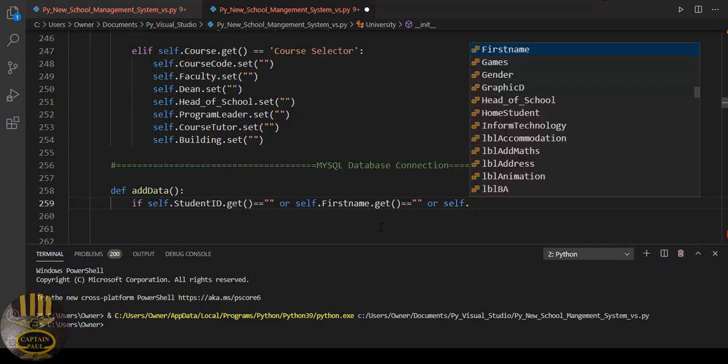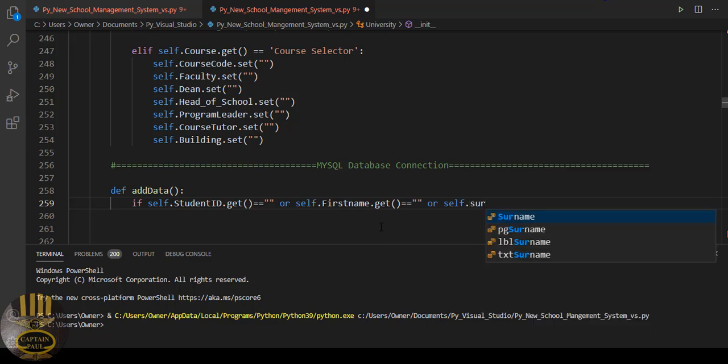Self dot surname dot get, and if that is empty as well, then I want the system to actually